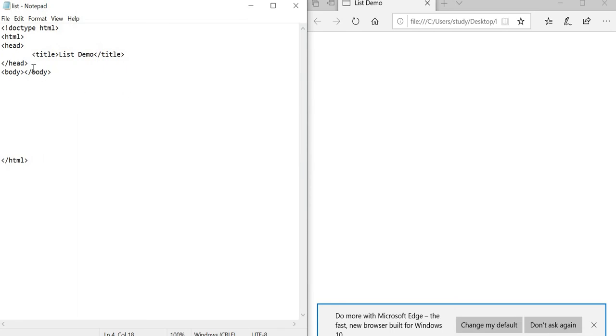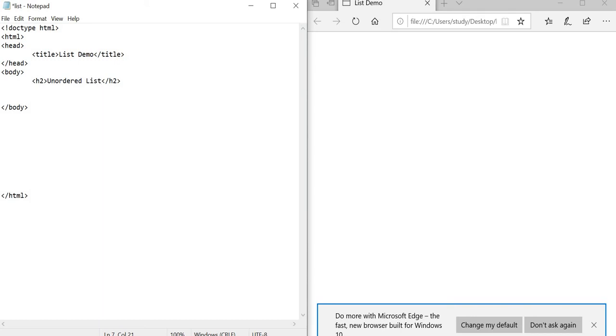Now it's time to build the unordered list. I am going to give the heading first, and the heading is your h2 type. Inside the heading I am writing unordered list.